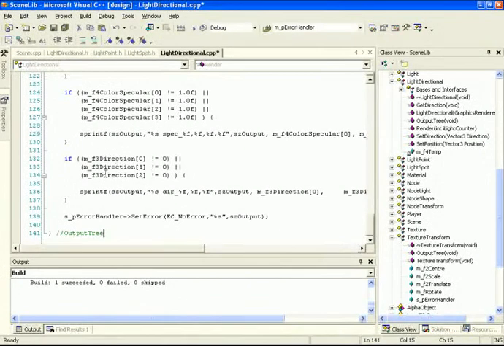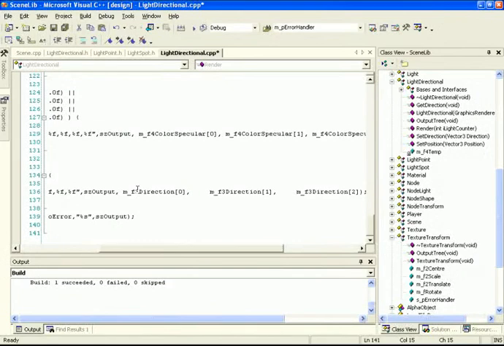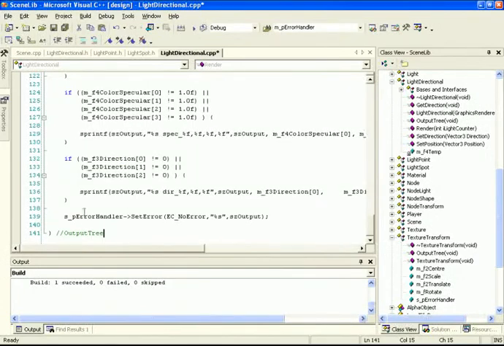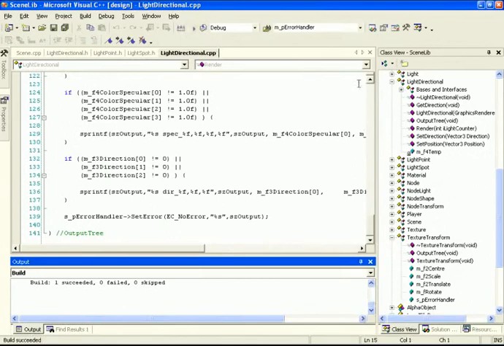Lastly, directional light has a direction, so if it's not equal to 0 for every single parameter here, we're going to specify here's the x, the y, and the z component. And then finally, we use the error handler to output the data to the file. Let's go compile him, close him off,